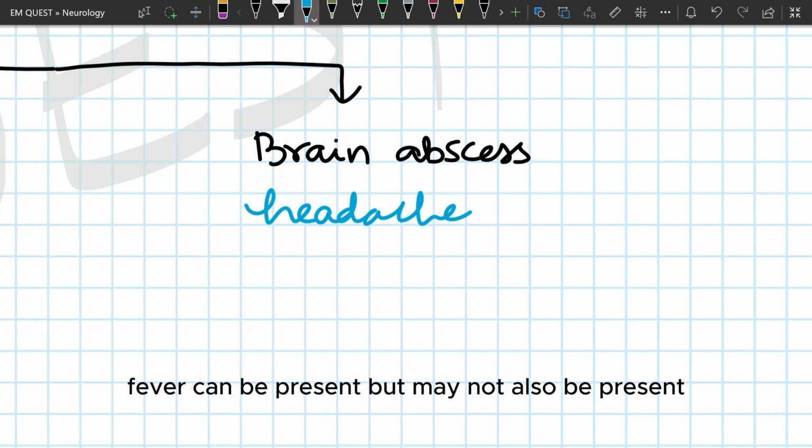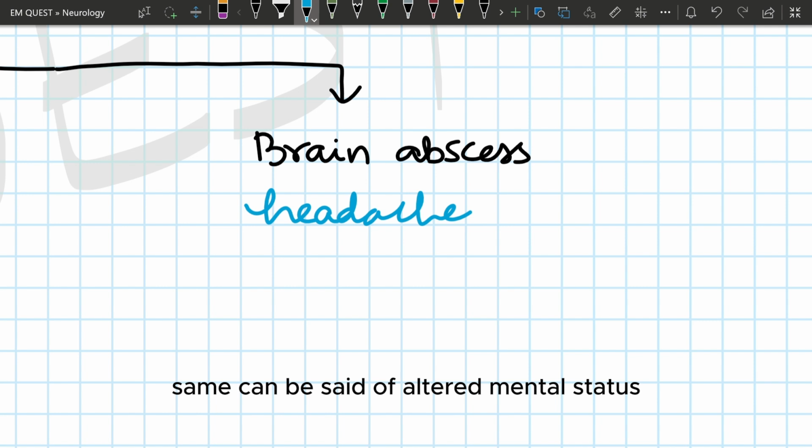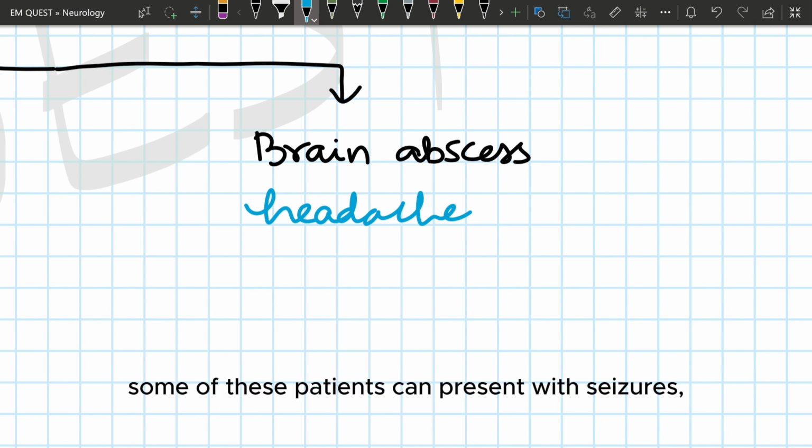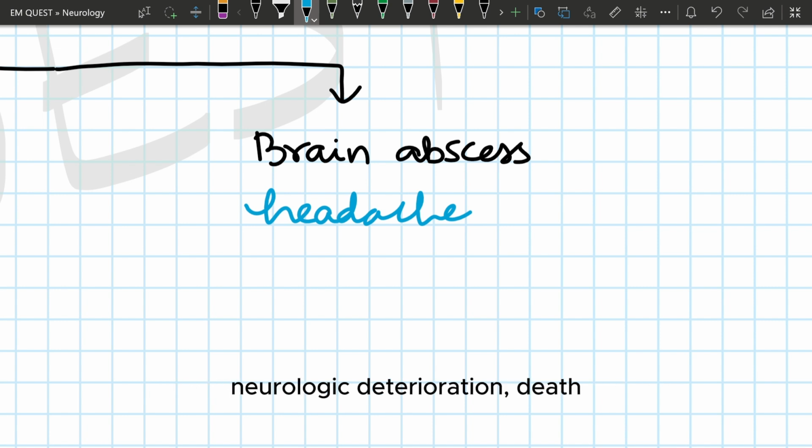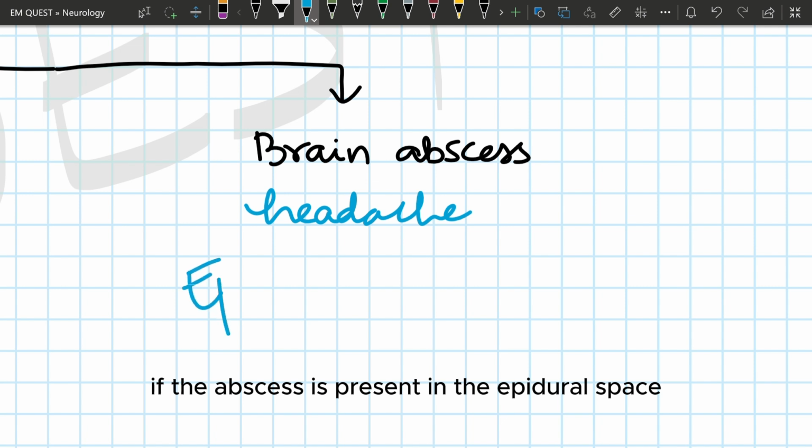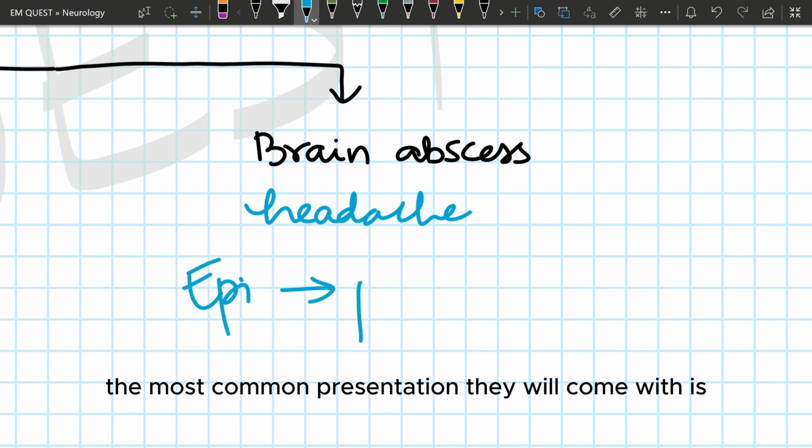Fever can be present but may not also be present. Same can be said of an altered mental status. Some of these patients can present with seizures, neurologic deterioration, death. If the abscess is present in the epidural space, then the most common presentation they will come with is a